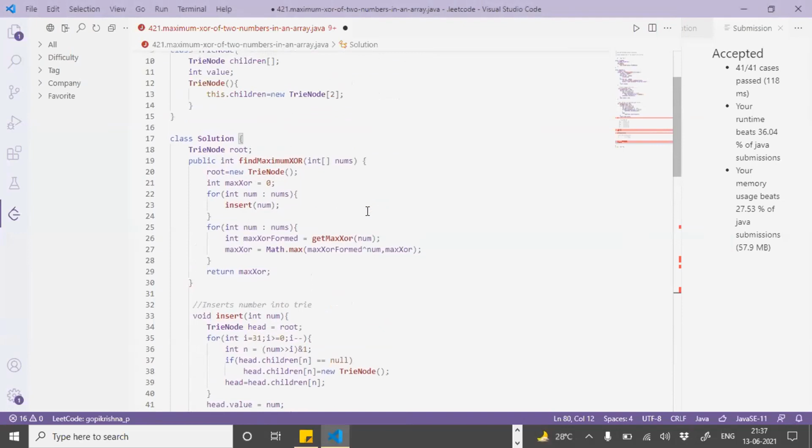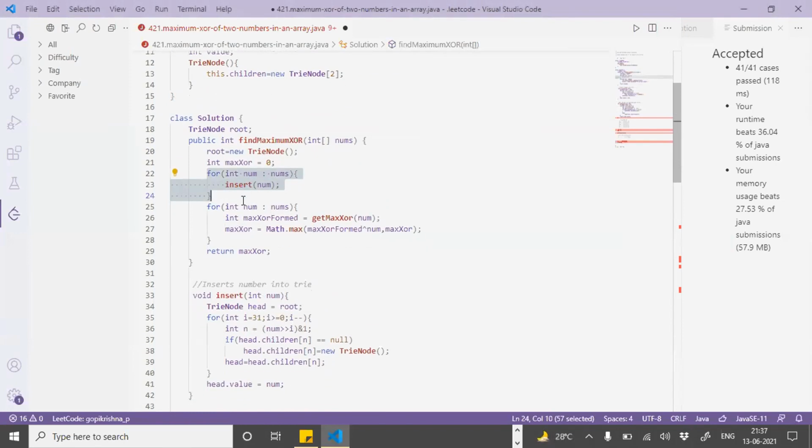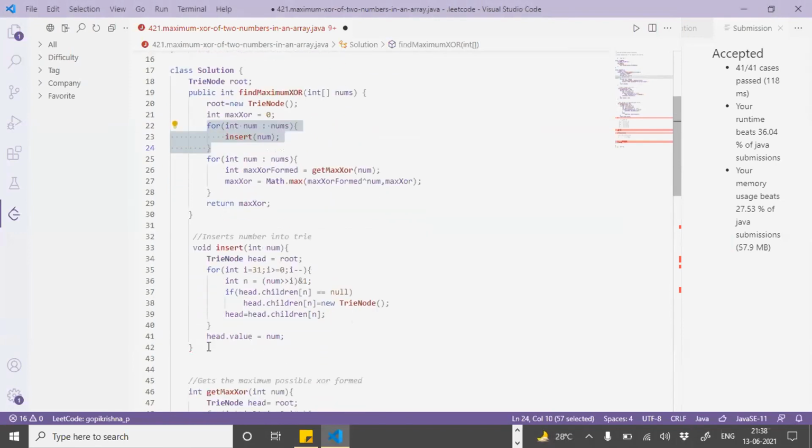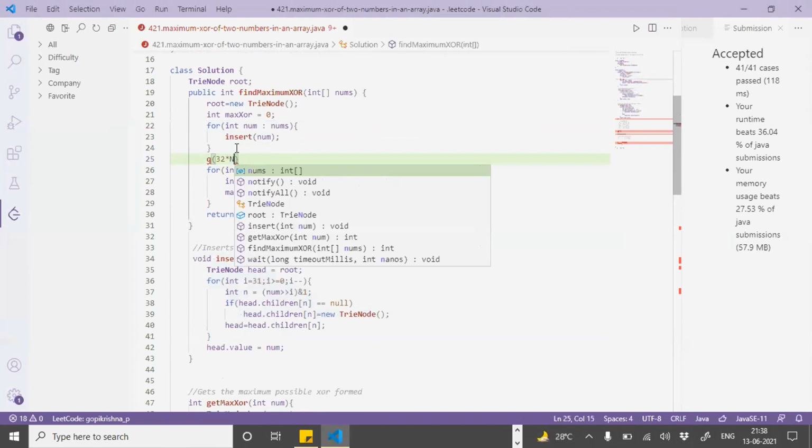So now I think it is pretty clear. We'll go on to the implementation part. Basically, this is the main method where I am getting the numbers, which are integers. First I try to create a query, insert into a trie, as we discussed. For all the numbers we are constructing a trie, which will basically be order of 32 into n.